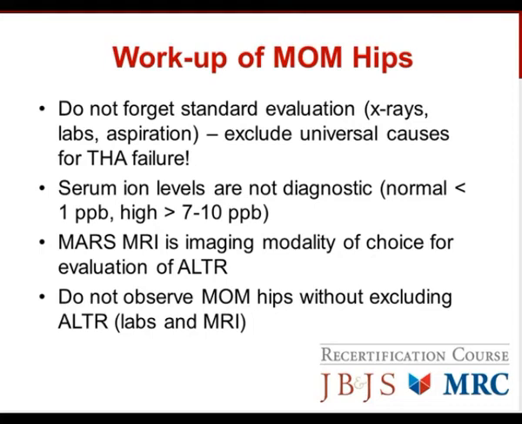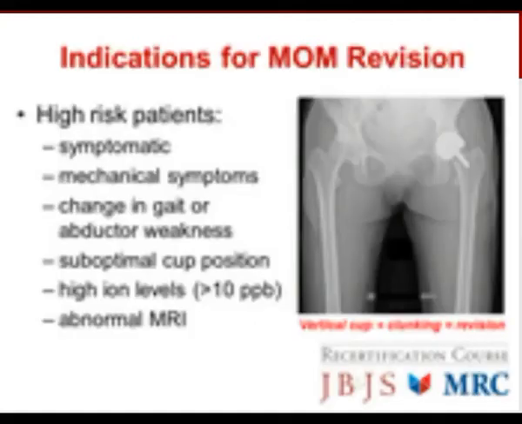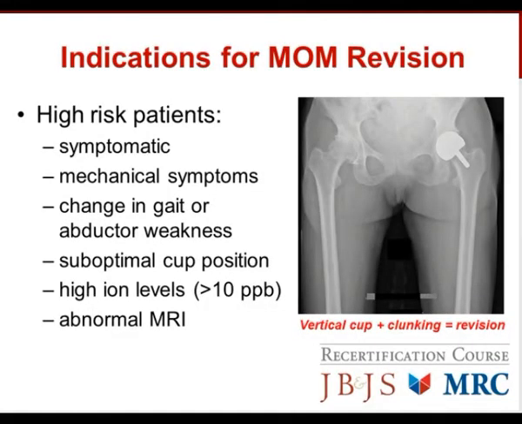And I would say that in 2016, I would be very careful about observing a metal-on-metal hip unless the patient is completely asymptomatic and an adverse local soft tissue reaction has been excluded with labs and an MRI. The indications for metal-on-metal hip revision at this point are somewhat variable, although I'll tell you that high-risk patients include